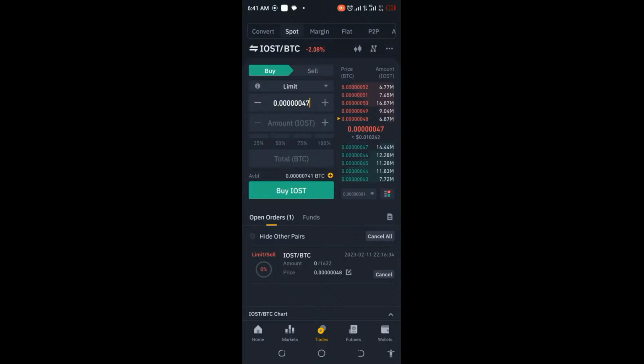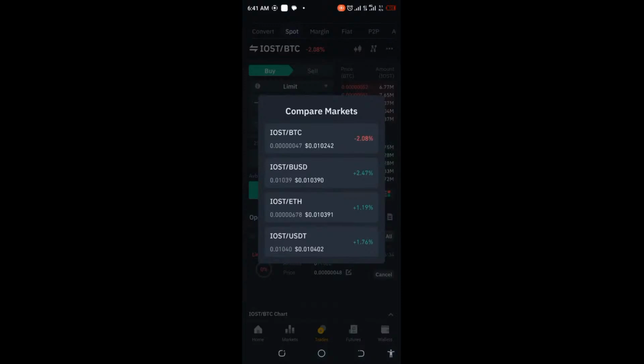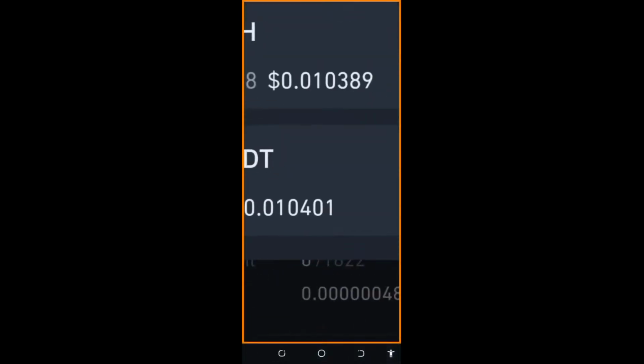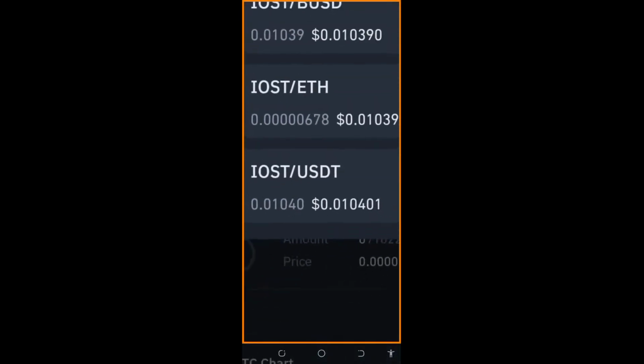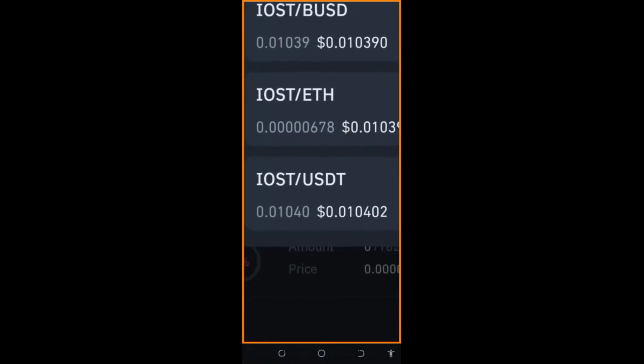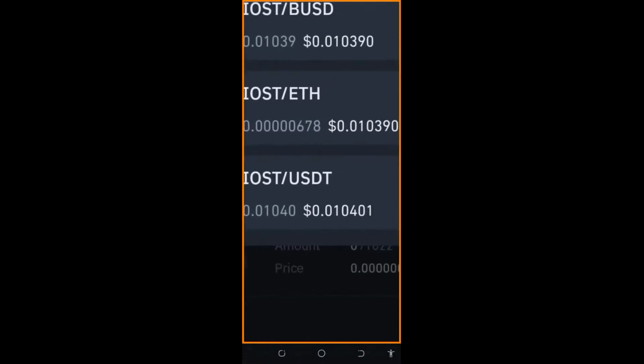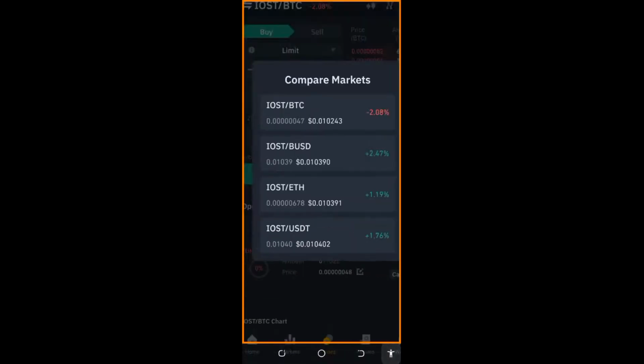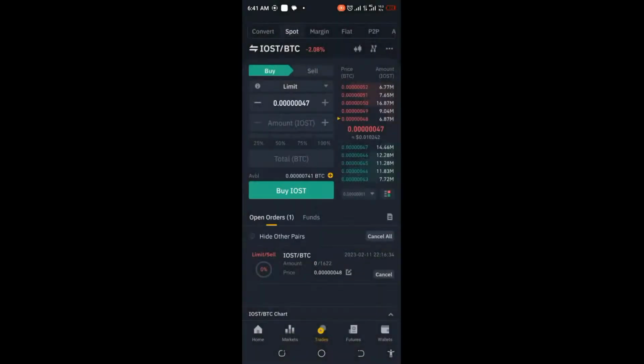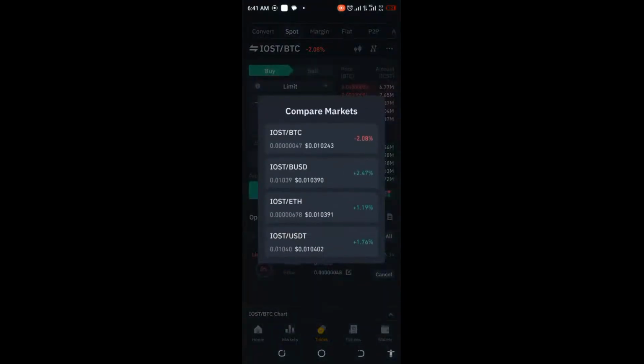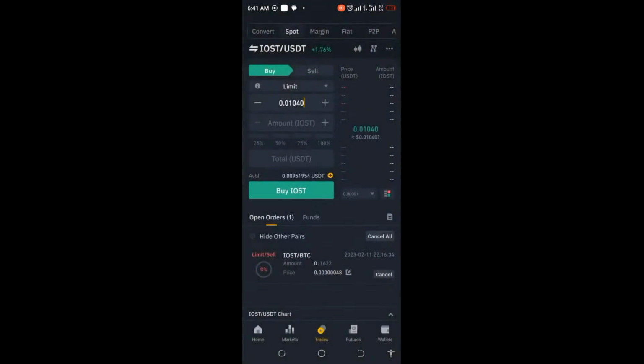Okay, so let me go to check the compare markets and see. Yeah, look at it. IOST USDT is actually 0.0104. So at this time, we can actually employ the boomerang strategy where we'll do the sellback strategy. We'll just try and check it and see if this is going to give us a profit. So let's put it there and simulate first. Let's click on sell, as long as we're still having that, because we bought it at